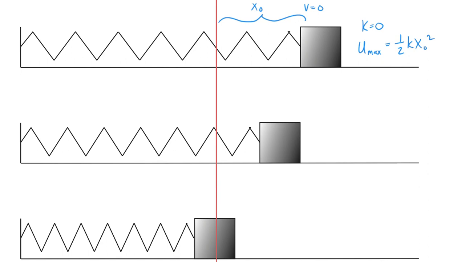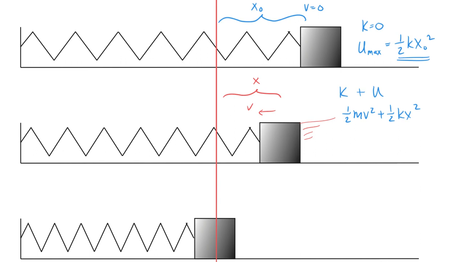After it has moved for a few minutes, it has a velocity in this direction and is no longer at its maximum displacement, is experiencing a force and is accelerating to the left. At this instant, we have both kinetic energy and potential energy. 1/2 mv squared plus 1/2 kx squared. But do you realize that that has to be equal to 1/2 kx naught squared? That the total energy can't change? Seems a little weird though, doesn't it? Because we have,